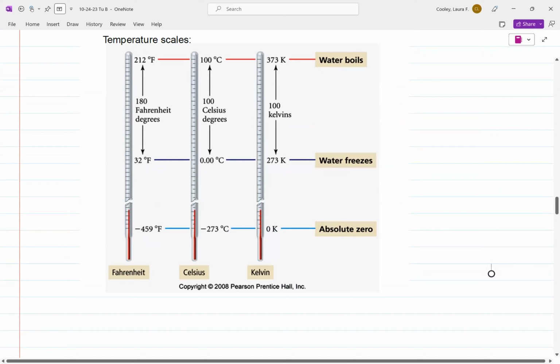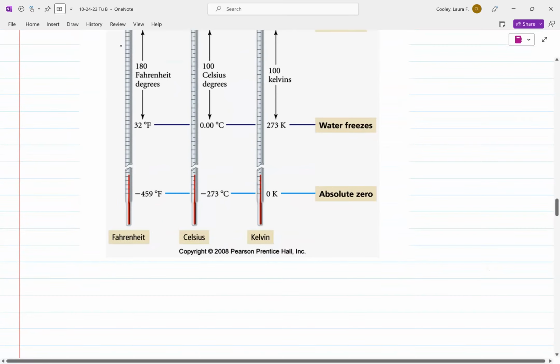Well, let me just tell you about these 3 temperature scales, okay? So we have the scale that we use in the United States and in Britain, basically the British Empire, and that's the Fahrenheit scale. That's what our weather is in. For example, in Fahrenheit,